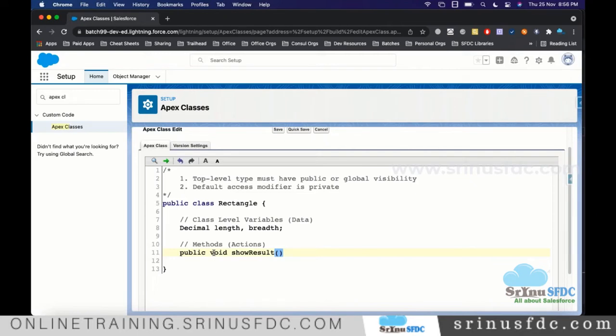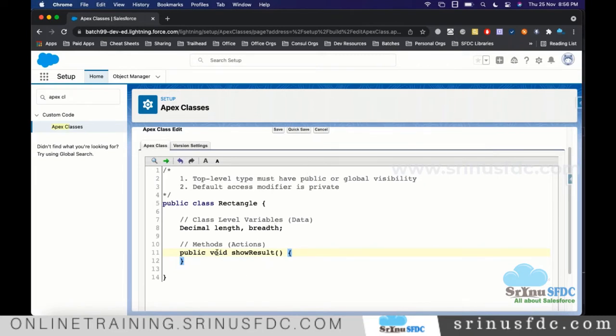For a method we use them. Now I'm using a block and clicking on save. So this is a block, and here we are going to write some set of statements. So it is saved.